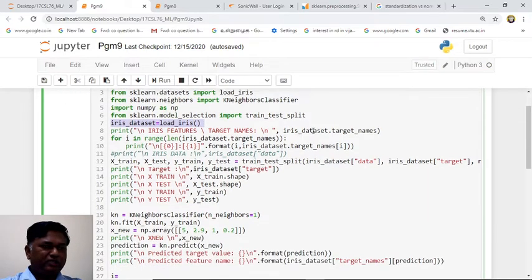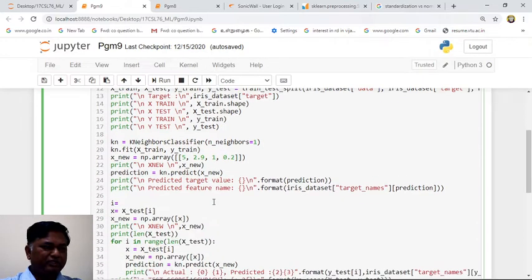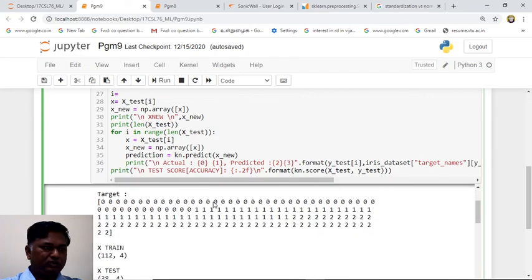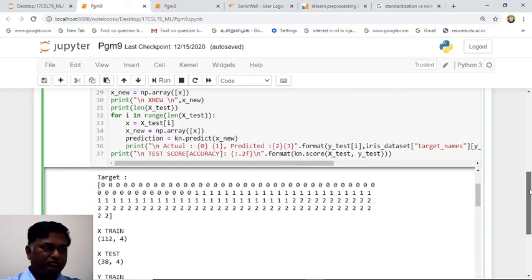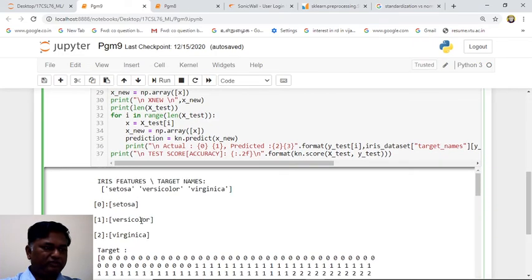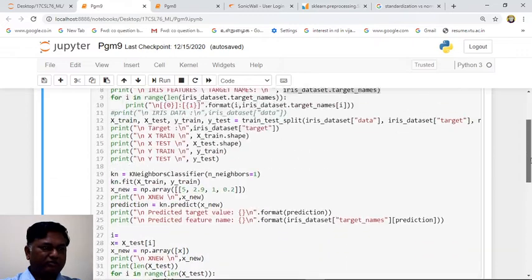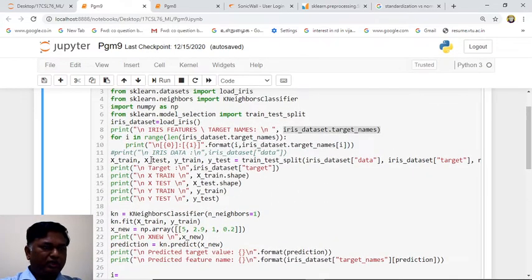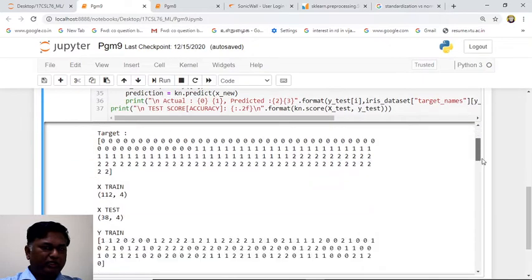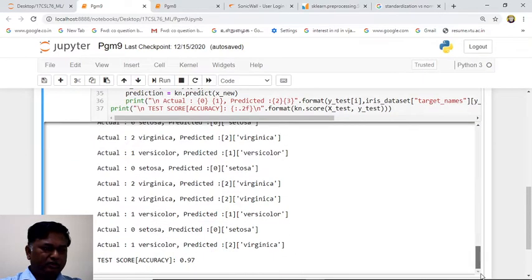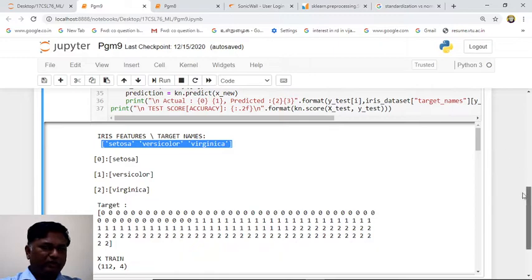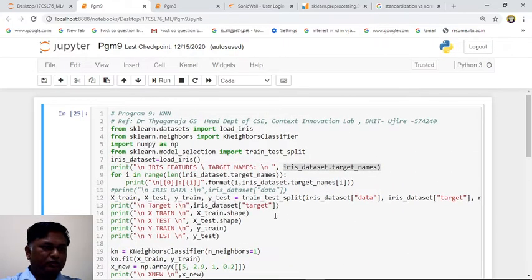Now from the iris data set we can see the target name. Only the target name is printed. So this is the target name: Setosa, versicolor and virginica are the target names. I will show you the entire data set. It is printed down. When we see the code line by line, we will see the output.